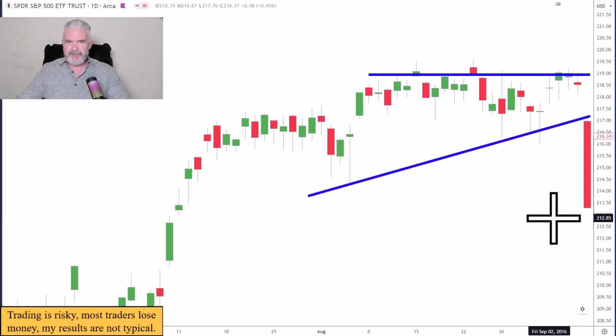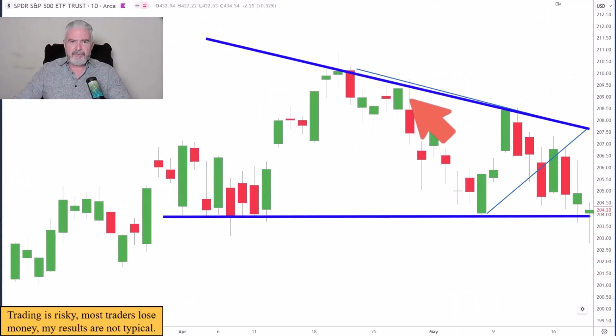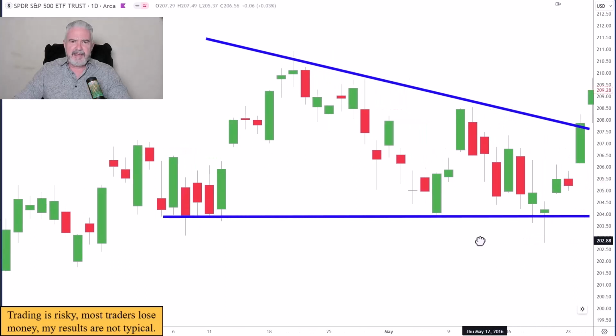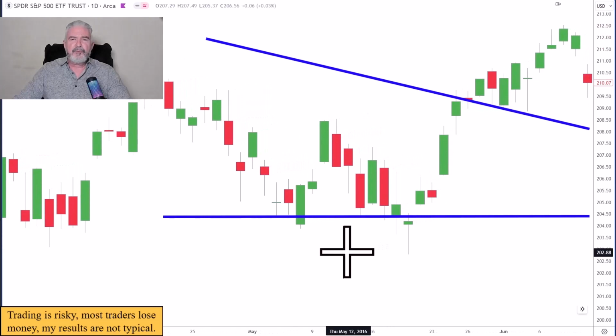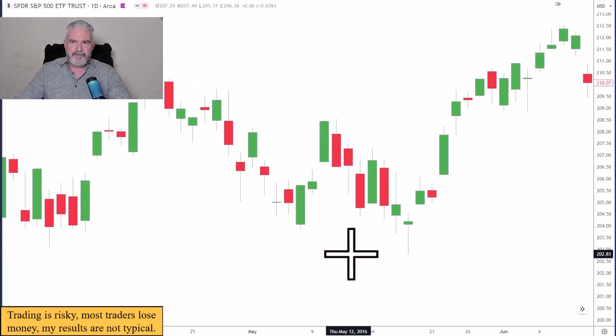So the old conventional wisdom that ascending triangles break to the upside, descending triangles break to the downside is, as my grandfather used to say, humbug. Okay? And he was not a trader. Okay, so we've got our descending triangle, which again, according to conventional wisdom, should break out to the downside. And as we could probably guess, it's already not going to do that. And no, indeed, it broke to the upside. So this stuff is all